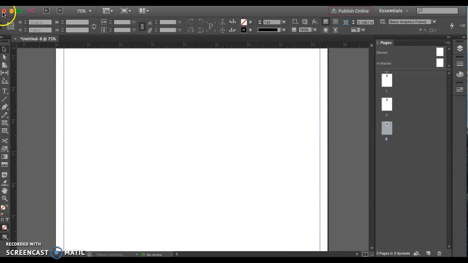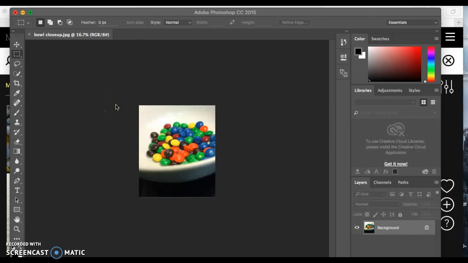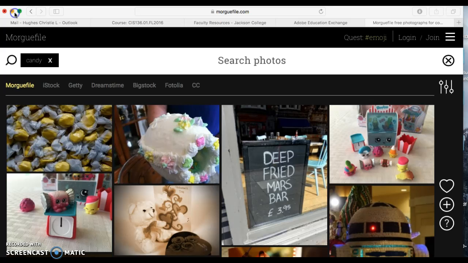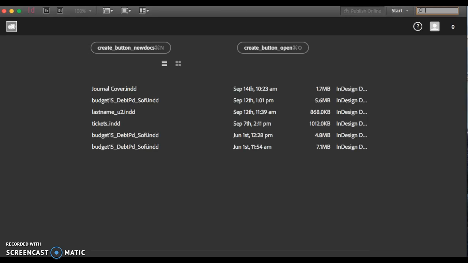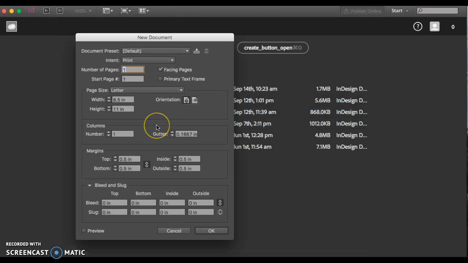Hi folks, we're going to be working on placing images and placed images. So what I want to do is have you all go ahead and be sure that you're in InDesign and you want to do File, New, Document, uncheck Facing Pages,